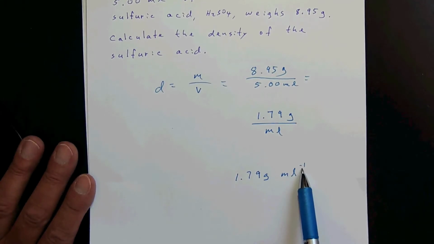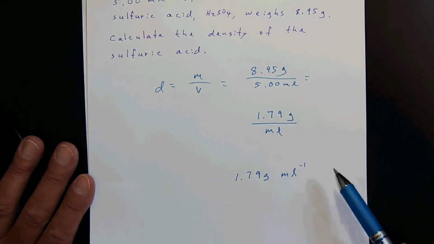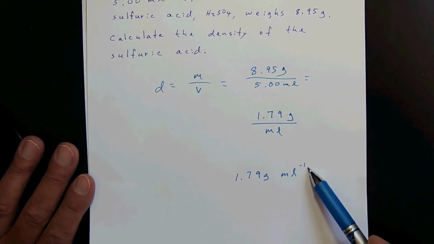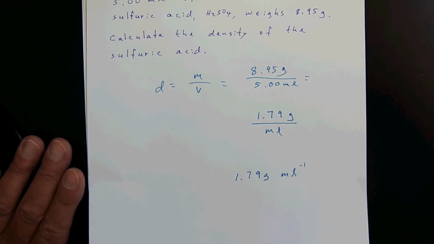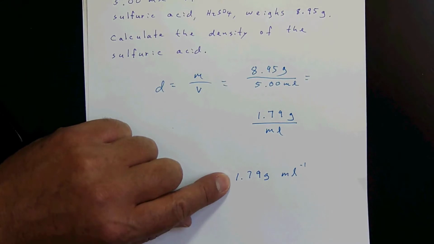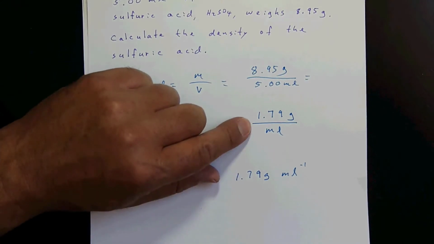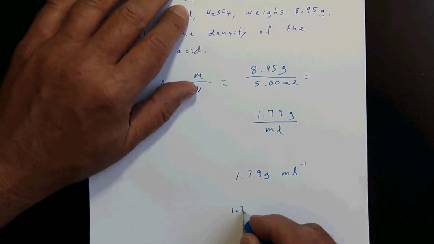Sometimes we use negative powers on units. If you see a unit raised to a negative power, it simply means that this whole thing is a fraction, and the thing raised to the negative power lives on the bottom. So this is absolutely the same as this, or the same as saying